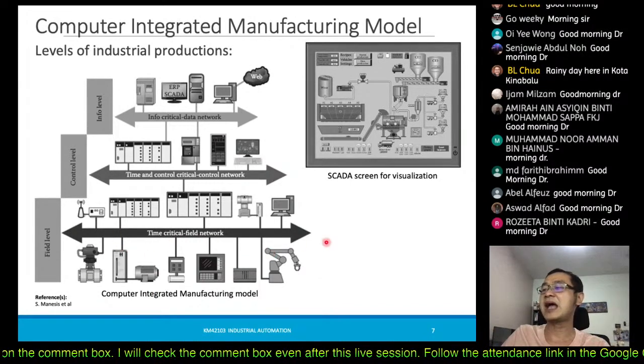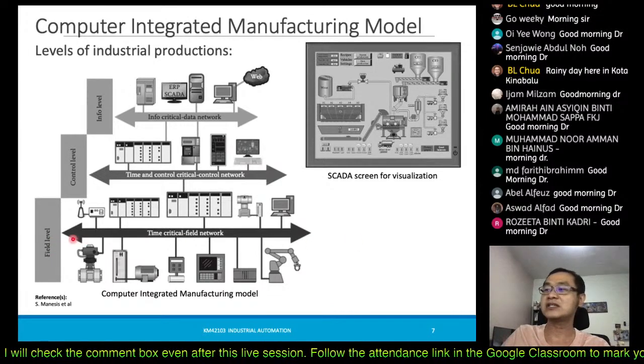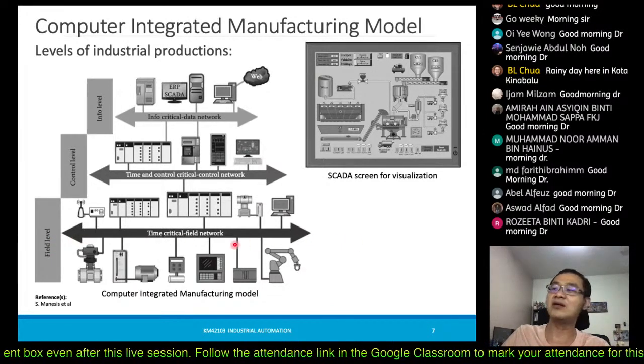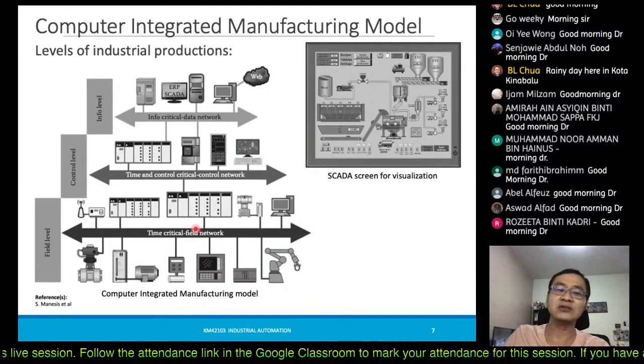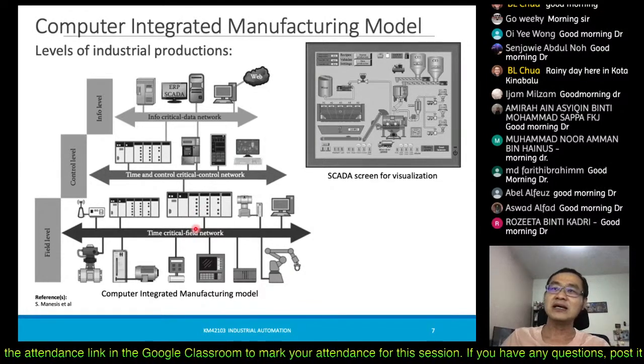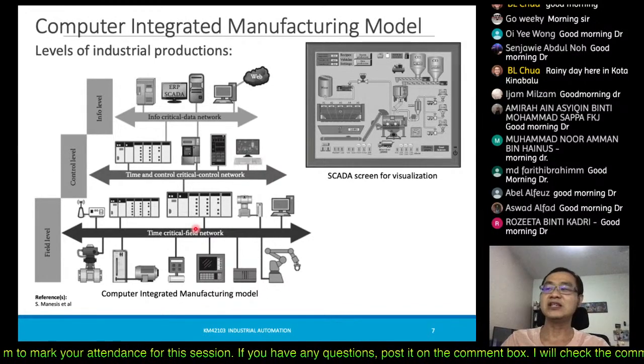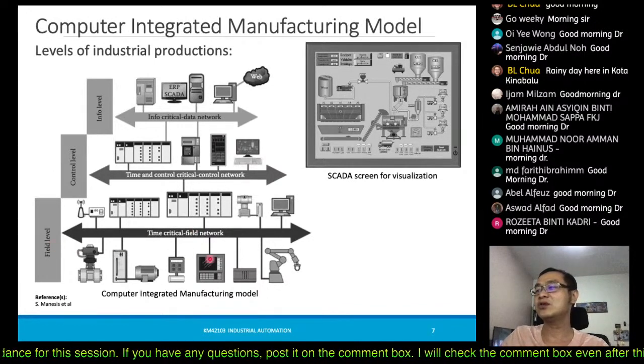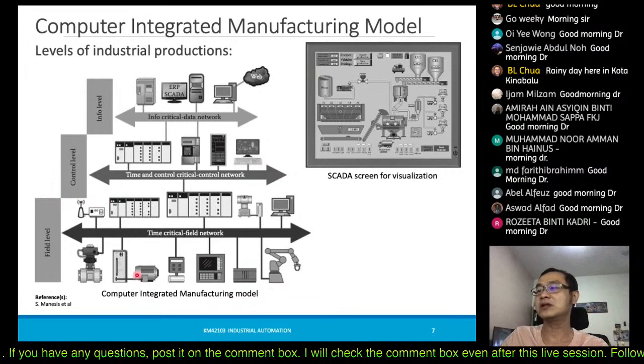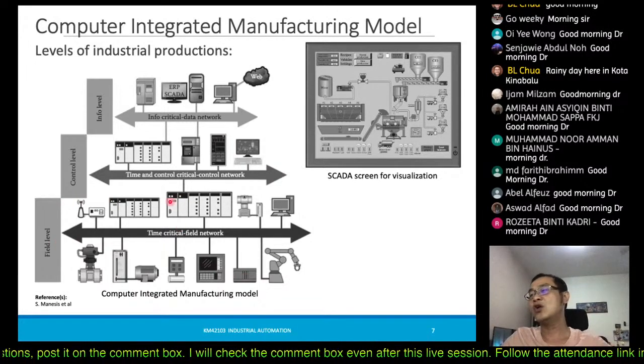These are time critical field networks that you cannot break down. If it breaks down, it will send an error signal, but it doesn't tell how it should be processed in the next station itself. Therefore, these field levels are time critical. So they are connected to all these